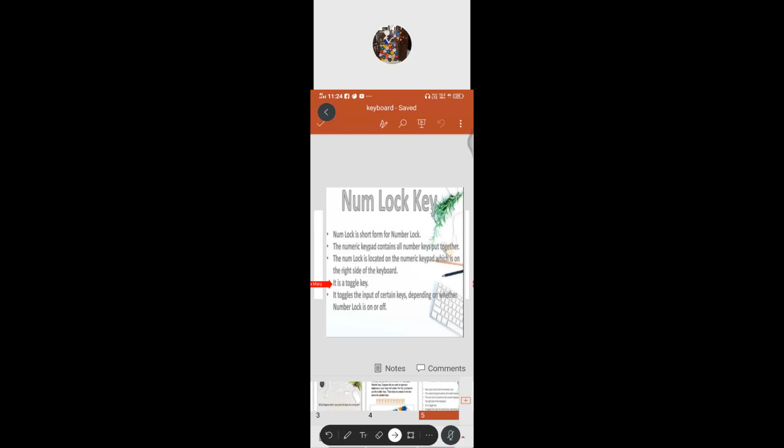Whereas the same action would move the cursor upward if num lock is off. That shows it is a toggle key, used to turn a function on and off, switching between two functions. Num lock means number lock.